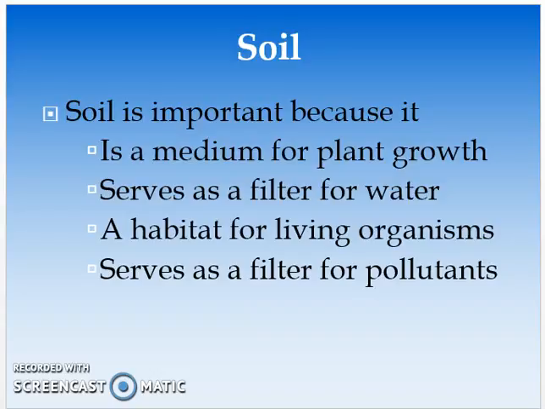It's a habitat for living things like bacteria and earthworms and groundhogs and that kind of thing. And it also filters pollutants out of all kinds of stuff. It's so important. Literally, soil is probably the number one resource that we are provided by the environment, and we don't take care of it very well. So I'm going to leave off there with this one, and then we will pick up soil